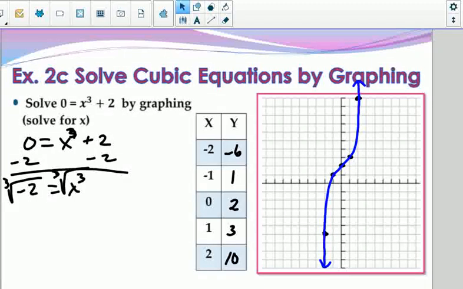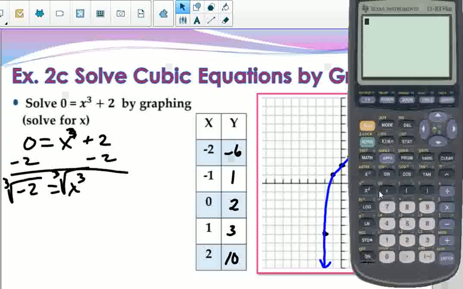So if I get my calculator out, turn on, I'm going to do the cube root. I need to hit the math button. Here, cube root is number 4. Number 4, cube root of a negative 2. It gives us an answer of a negative 1.25